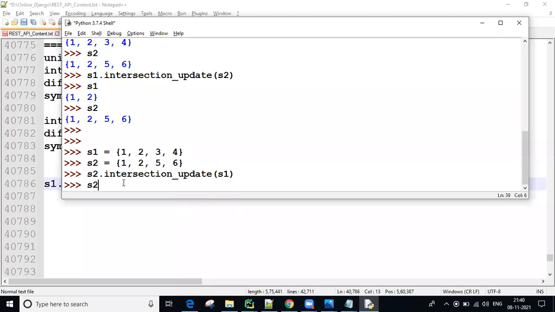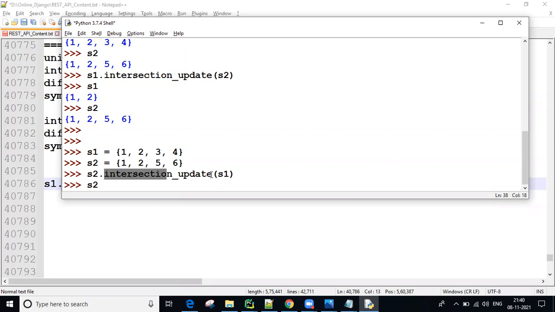See what is happening. First of all, perform the intersection between S2 and S1. What is the intersection? 1, 2, right? That 1, 2 updates on the beginning set. This is the beginning, right? So S2 data will be the result of the intersection.